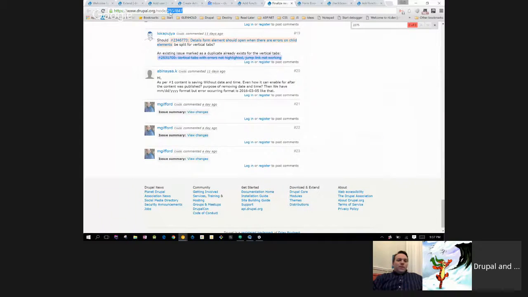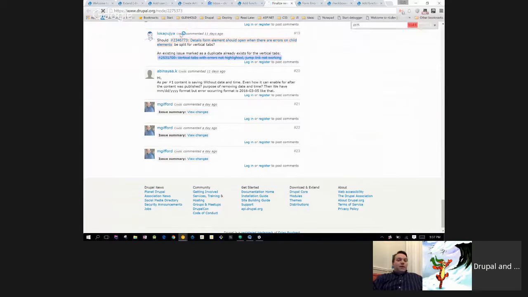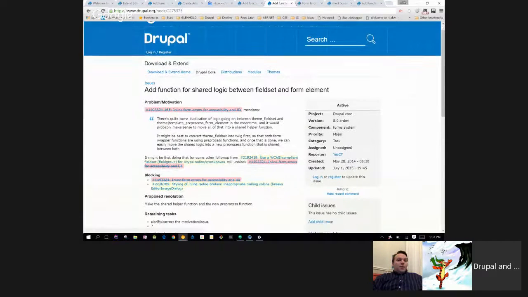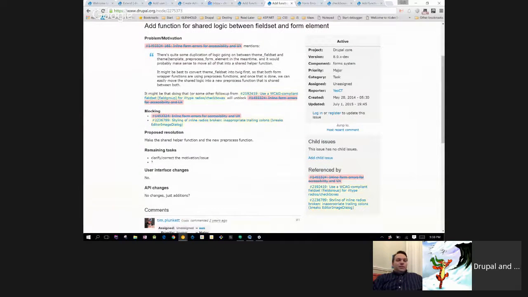So this is pulled out of a comment in the initial issue queue that brought in the inline form errors, in which there was a duplication between the field set and the form element functions, and that they needed to try, and what they'd like to have done, and there's no code behind this at all,